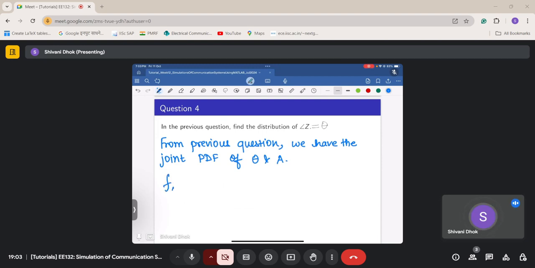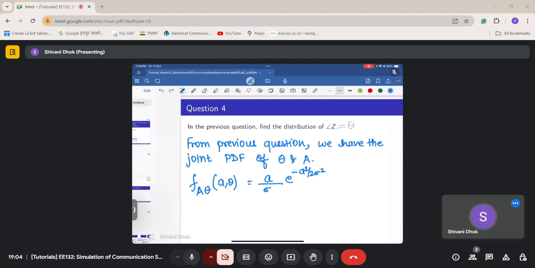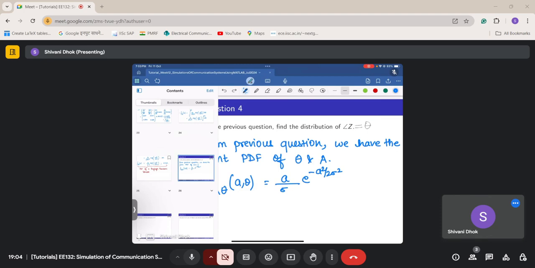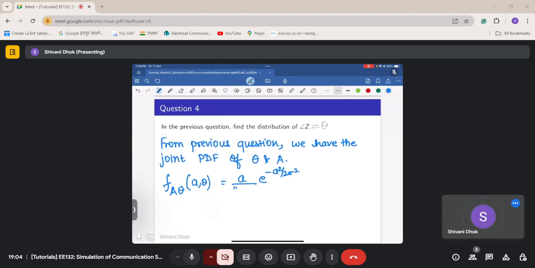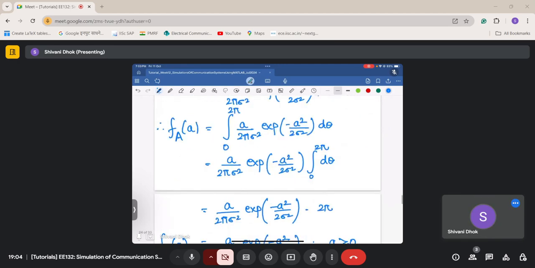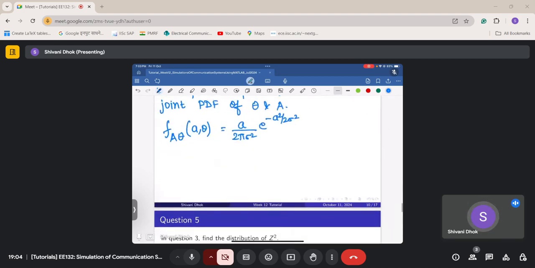So we have this f of a comma theta as a over 2 pi sigma square e power minus a square by 2 sigma square. I think 2 was not there here, sorry. No, it was there. 2 pi sigma square. Okay. So therefore,